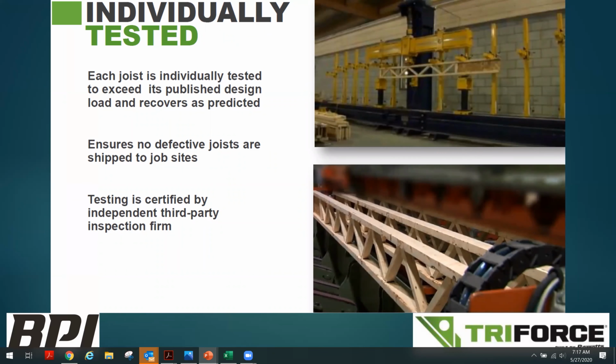This is again how they individually test. Got a couple of different pieces of equipment here. Dennis will explain how these work. Yeah, again, this is to expand on what I just said a little bit. On the top right picture that you see there, periodically we break a joist just to test the wood fiber. And we have to be